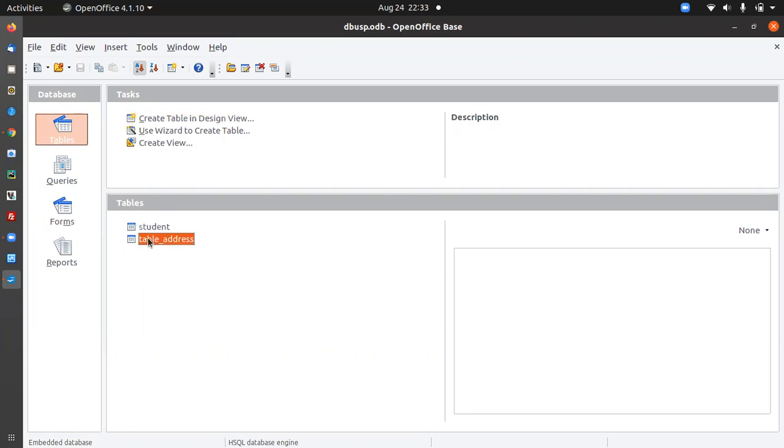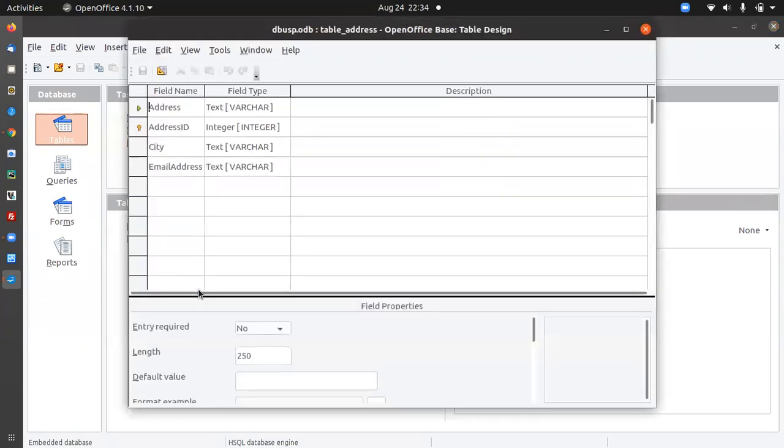Suppose I want to add one more column to my address table. You just right click on it and then click on the edit button. Then it will show you the existing table structure. Because this is the address and I want to know for which student, I want to create the student ID, stu underscore i, and take it as an integer, and the length will be 10 characters.